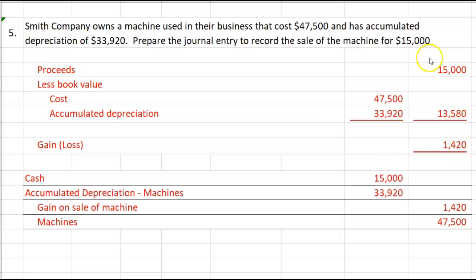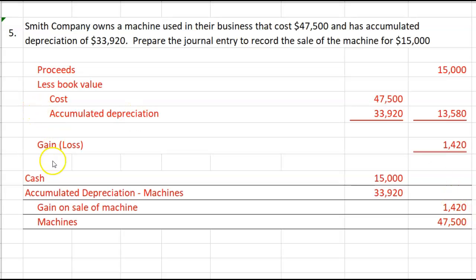So the journal entry to book this sale is to debit cash for the $15,000 cash received. The machine is no longer owned by the company. It's gone. So we have to remove the accumulated depreciation from the books. Accumulated depreciation is a contra asset account with a normal credit balance. So to remove it from the books, we need to debit accumulated depreciation dash machines, $33,920. We don't have that machine anymore, so we need to remove it from the books as well. That's an asset. So credit machines,